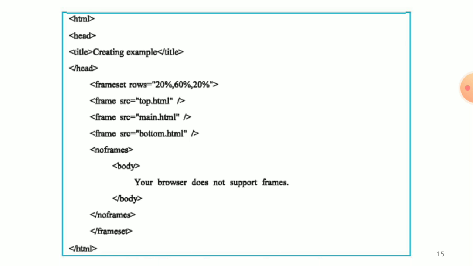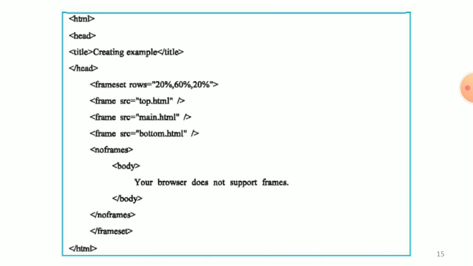So first you create three separate files, and after that the main file, the frameset. First frame src equals top.html, second frame src equals main.html, third frame src equals bottom.html, and noframes. Body, your browser does not support frames, because many browsers do not support frames, so the message will be displayed. So that is noframes and slash noframes. And last is slash frameset over, slash html over.